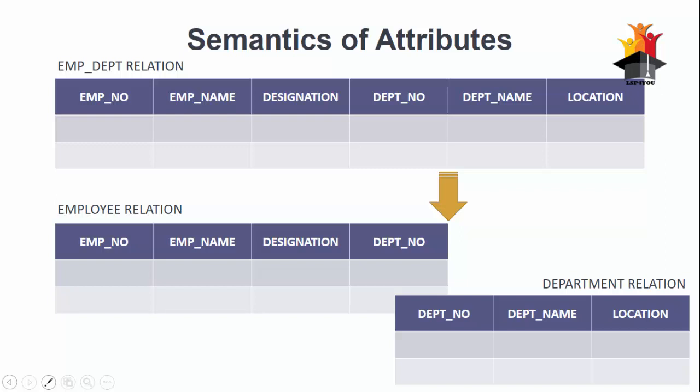Obviously, if a relation schema corresponds to one entity type or one relationship type, then it is straightforward to explain its meaning. There is nothing logically wrong in this given relation employee department, but we call this relation a poor design. Why? Because it violates the guideline 1. So we have split the employee department relation into employee relation and department relation separately. Now in the employee relation, employee name, designation, and department number are implied by employee number, and in department relation the attributes department name and location are implied by department number.